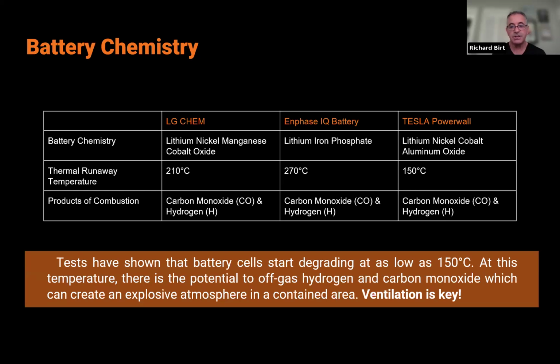So again, I use this slide because it's a great slide to show that LFP is used in large storage. There are some NMC and some NCA chemistry in large storage. The fire department should identify it and know where it is. But most of the new storage is going to be LFP. So what do we look at with LFP? We say, okay, the thermal runaway temperature is 270 degrees Celsius. So at this point, it will burn. Basically, the cell will become compromised, and you'll have cells burning, hundreds and thousands of those